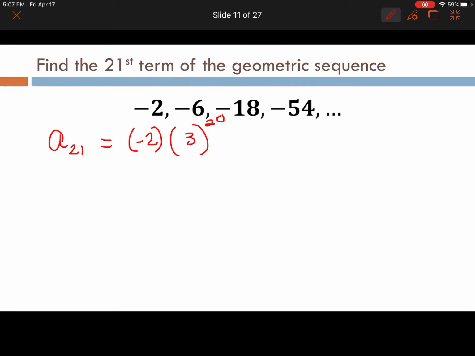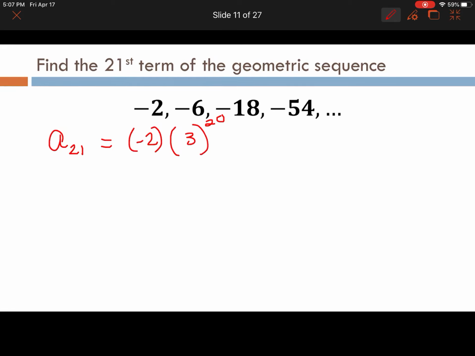All right, so it's going to be negative 6,973,568,802. That's the thing about geometric sequences, is they get big in the same way that exponentials would get